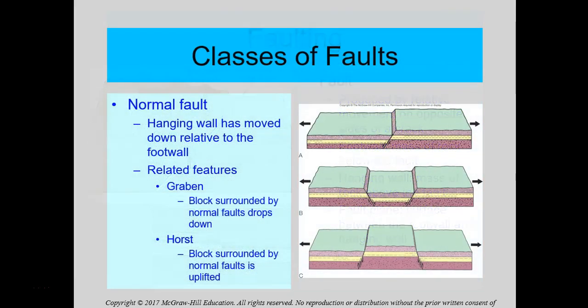There are different types of faults. You can have what's known as a normal fault, which is where you have a hanging wall that's moved down relative to the footwall. So the part that is above the fault, the hanging wall, has slid down. And this can lead to features that you see here like a graben, where you have these normal faults with a piece on the inside, or a horst, where you have the normal faults and the piece in the center